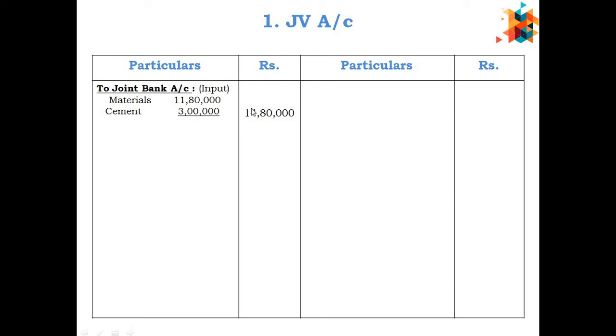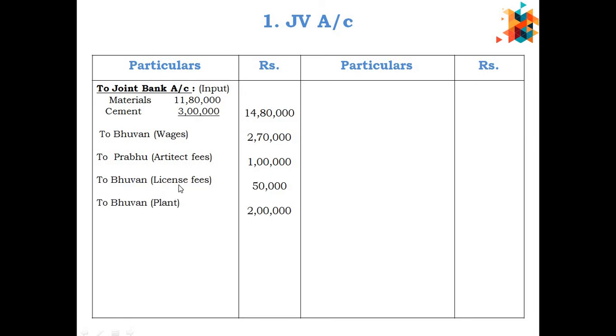Again, this will go to the last account, the third account, joint bank account. There in the bank account, you are supposed to write joint venture account 14,80,000. Here it is appearing on the debit side; there you are supposed to take it on the credit side, the third account I am talking about. So next is Bhuvan's individual contribution 2,70,000. You have to show it separately because the business has to remember that. To Bhuvan, we are supposed to pay 2,70,000. To Prabhu, we are supposed to take 1 lakh because he has individually contributed architecture fees.